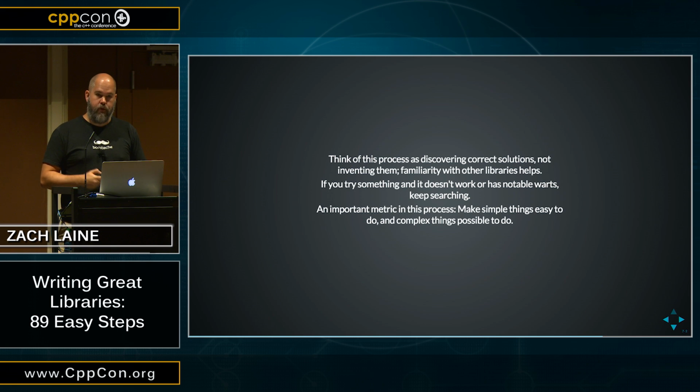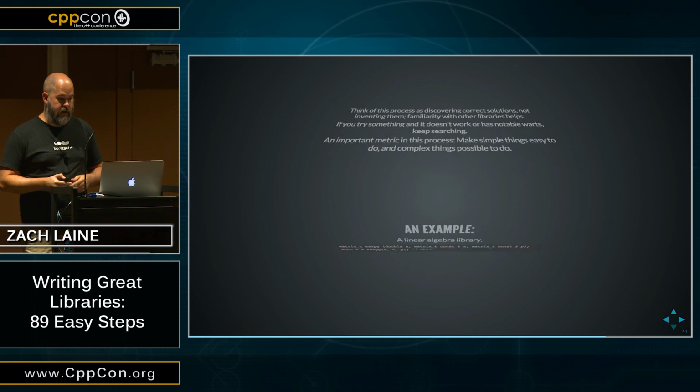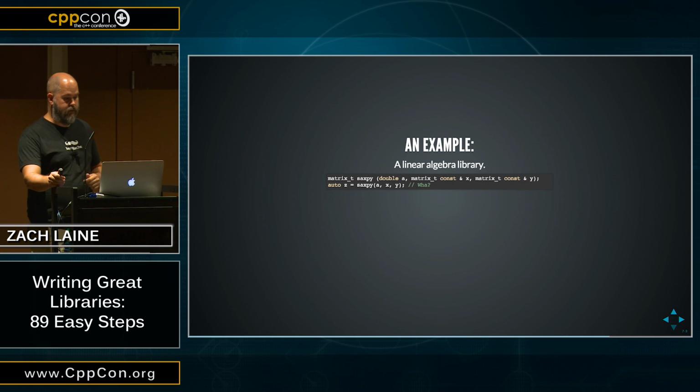So an important metric in this process, something hopefully everyone else has heard too, is that you make simple things simple and not simple things straightforward to do. Okay, so the common case of use, you need to be able to write very succinctly and easily in your sample that you're working from, that is the target code you want clients to write. And if you find you're drifting away from that, you maybe need a redesign. Okay, so as an example,